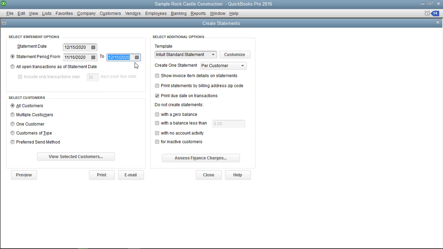To show all open transactions instead, select the All Open Transactions as of the Statement Date option. If you select that option, you can check the Include Only Transactions over blank days past the due date option, and then enter the number of days into the adjacent field to create a statement that shows only past due charges if desired. Next, select the customers to whom you want to send the statements by choosing one of the